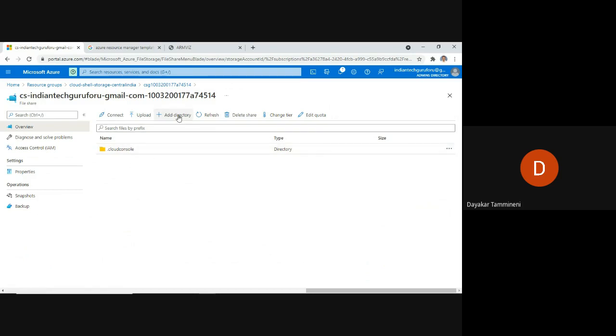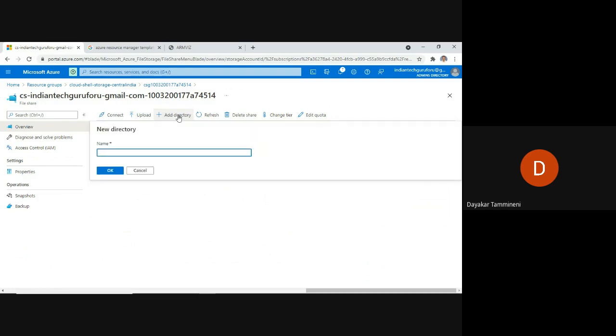Now I want to add a new directory. Click on add directory, and I want to give the name as ARM VM Cloud.